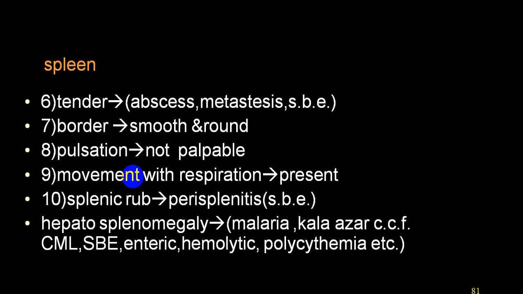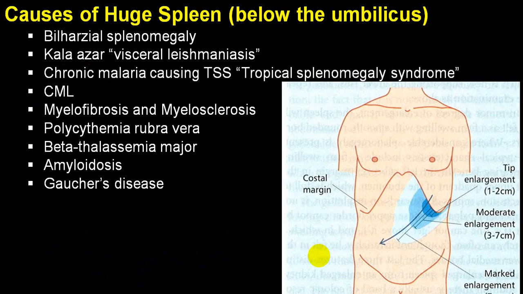We have already mentioned regarding hepatomegaly and splenomegaly, but in your oral they can ask you regarding hepatosplenomegaly. Hepatosplenomegaly will be very characteristic in case of malaria, Kala Azar, congestive heart failure, infective endocarditis, chronic myeloid leukemia, enteric fever, hemolytic jaundice or hemolytic anemias, and polycythemia rubra vera. Do remember, these are some of the oral questions which are very frequently asked to you in your oral. So try to remember those.